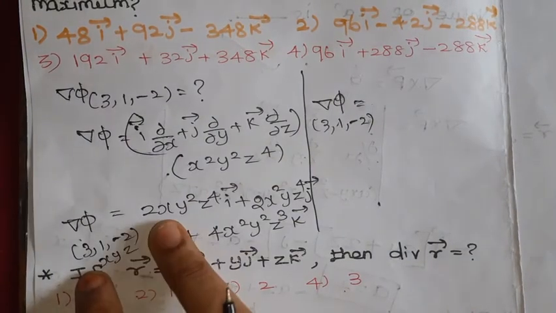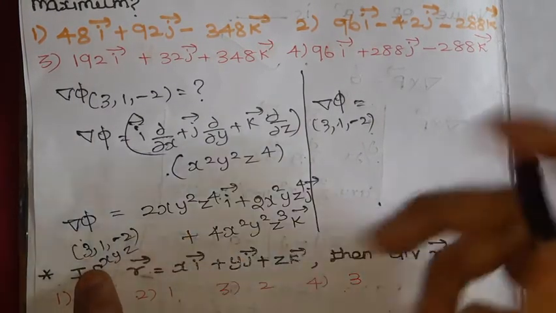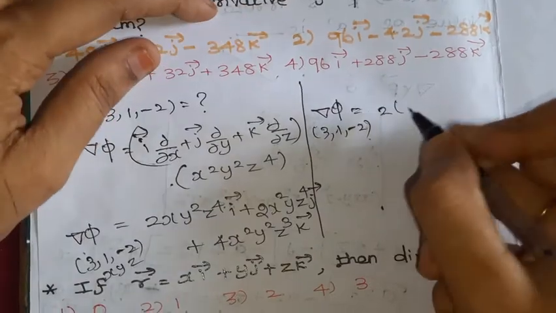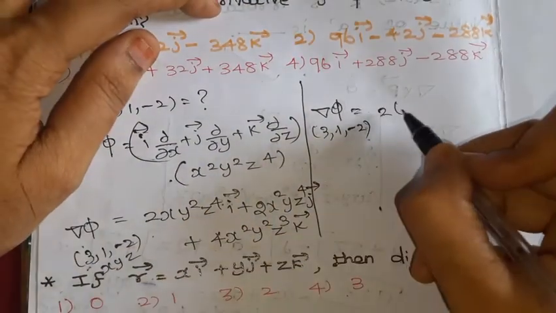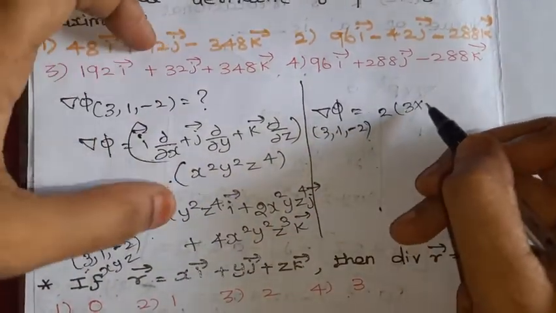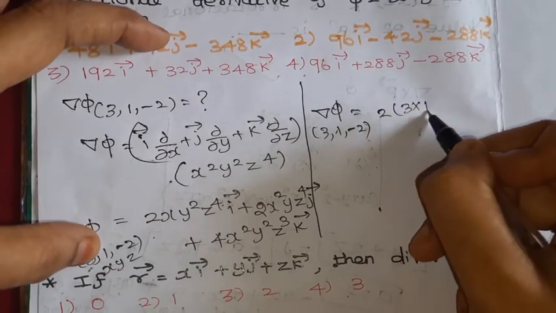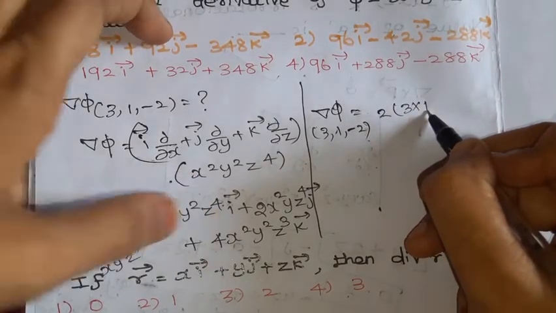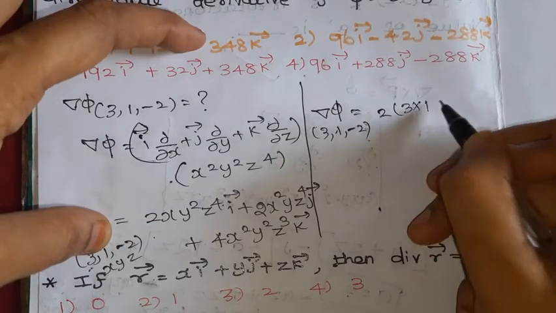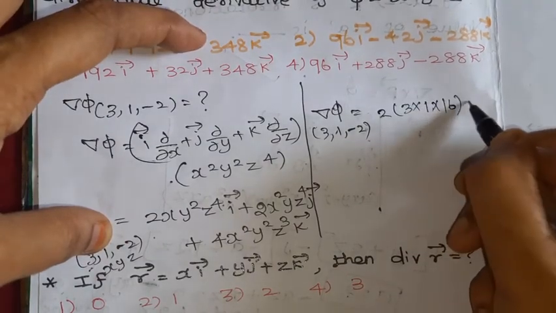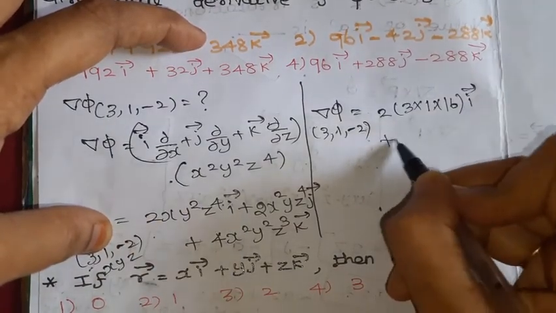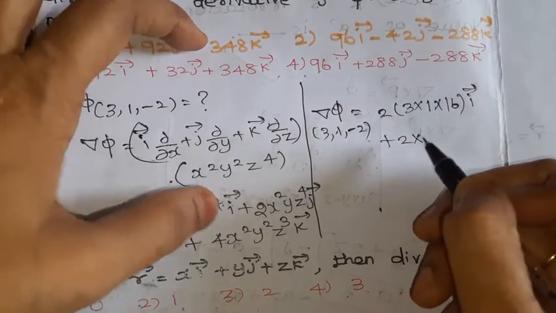So what is that? 2 into 3, into y squared which is 1, then z power 4, minus 2 power 4 which is 16, into i vector, plus 2 into this one: